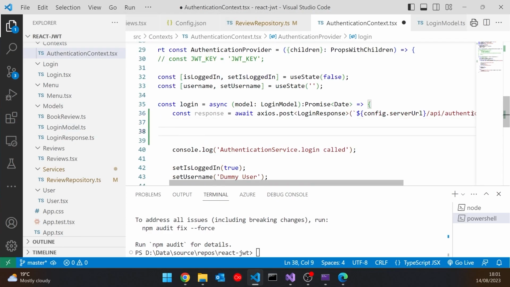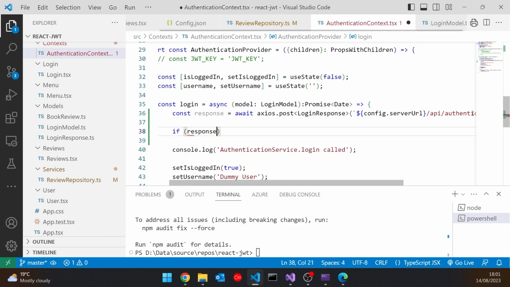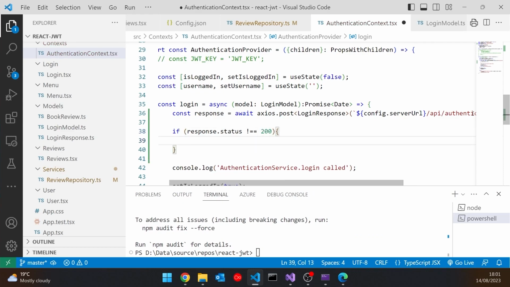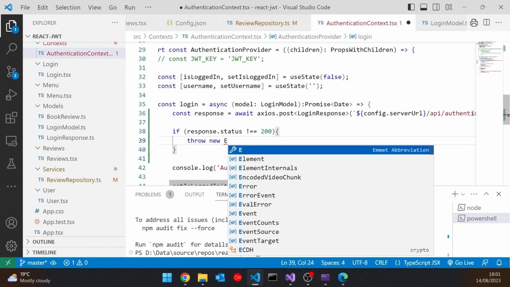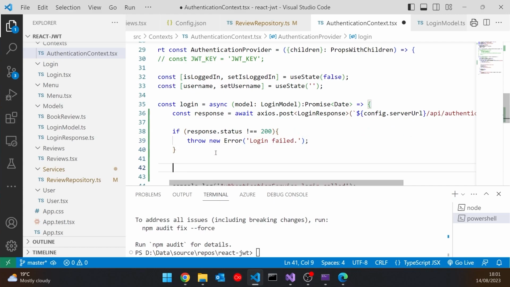And once again, we need to check for an error. So we'll just say if response.status is not okay, then we'll just throw an exception that says login failed. But if it is okay, we need to start extracting the data from that.